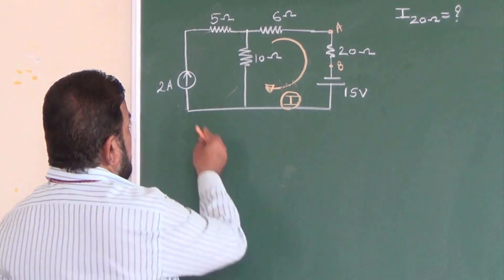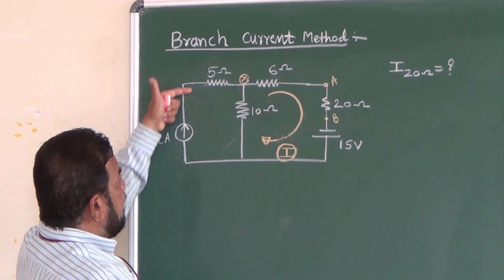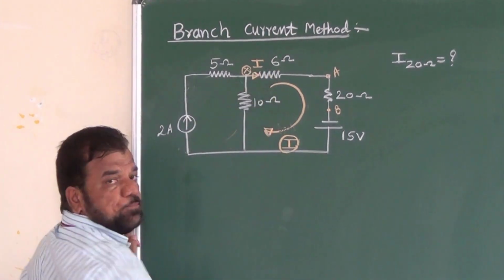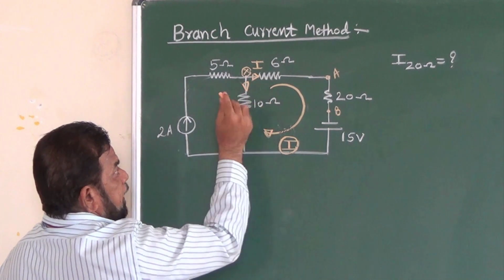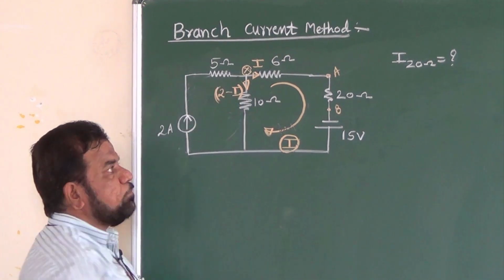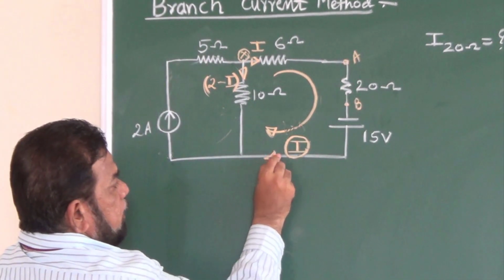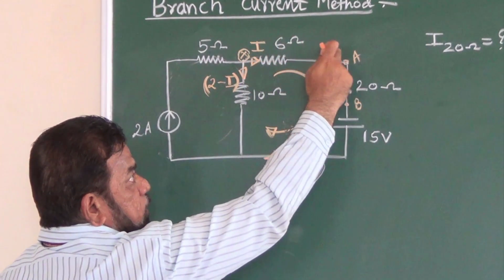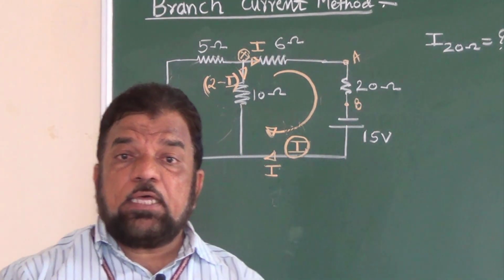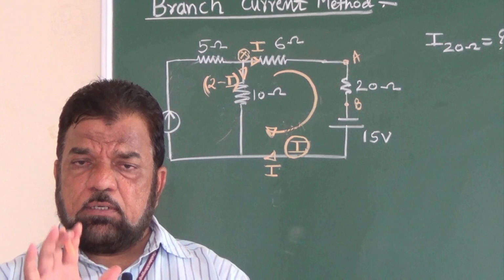Now coming to the current assignment for the branches, at this particular node, say X, the incoming current is 2 ampere. If I assign this current as I, the current flowing through this 10 ohm resistance is 2 minus I. Get the point? This I current will flow like this, so here again you get the current I itself, because I is the same current through the series circuit. Just recall the concept: in a series circuit there is the same current, whereas in a parallel circuit the voltage remains the same.